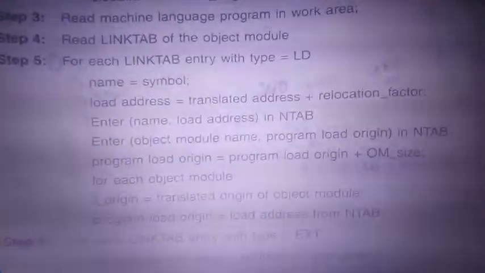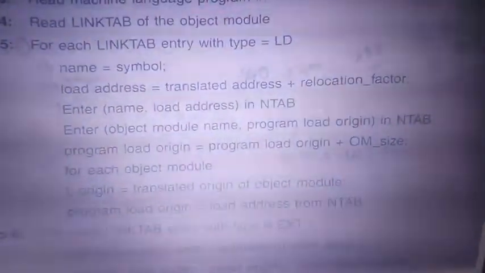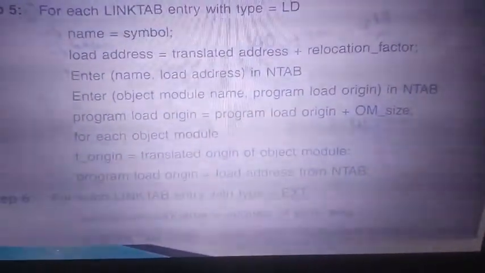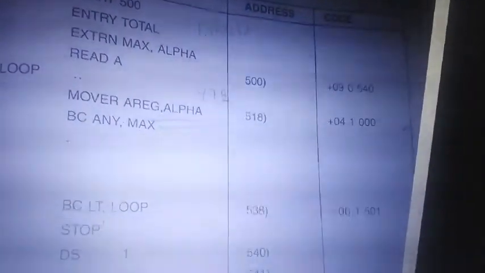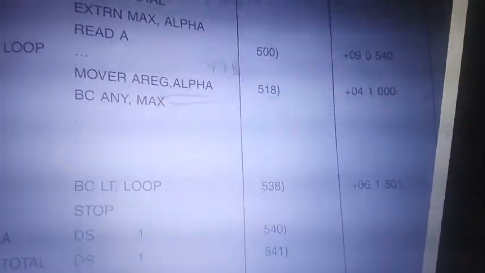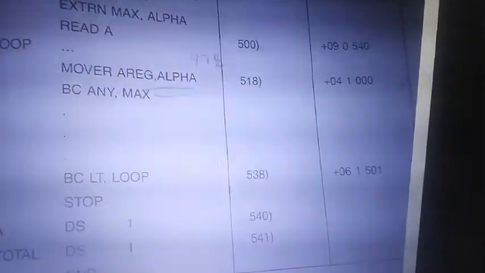In linking also, if it is LD, you need to add that name and the local address to the N table, right? Whenever you keep on scanning this program, you have total, value, max, alpha, and you have A, and a loop. Imagine three. I won't consider total, max and all. So here, whenever A is encountered, its name is in the N table, and you will locate the name and its address.